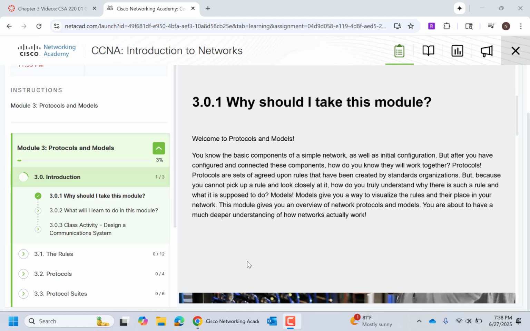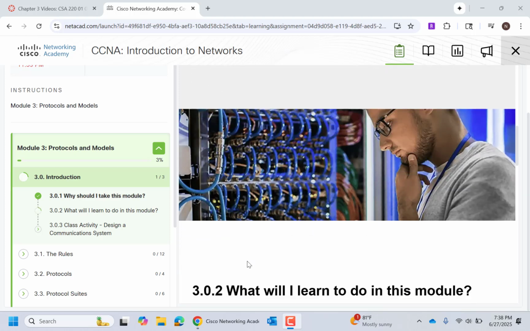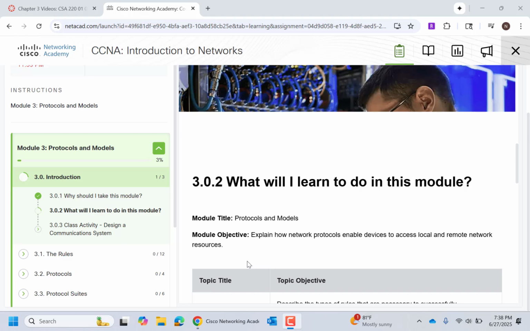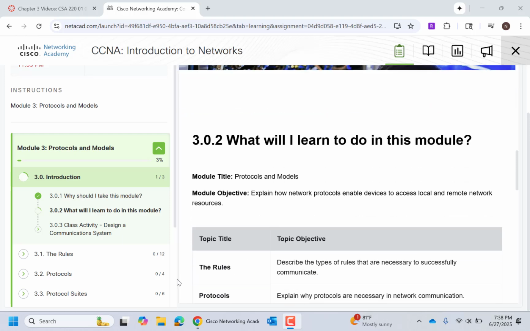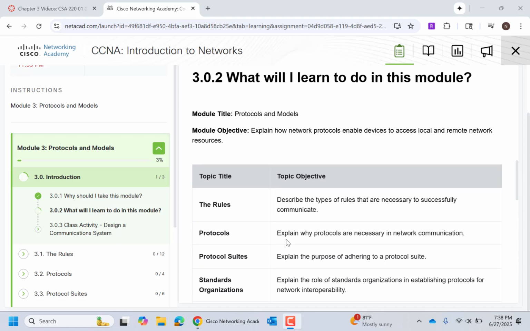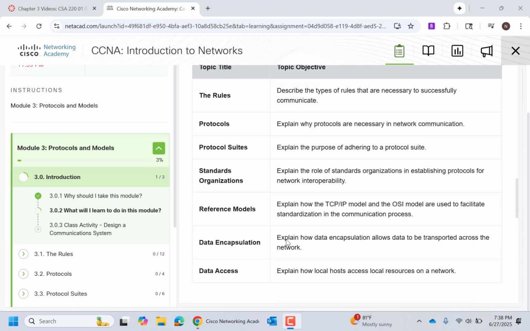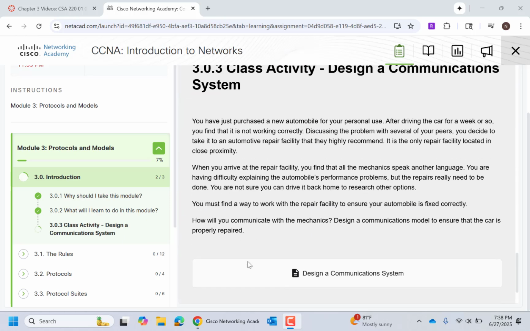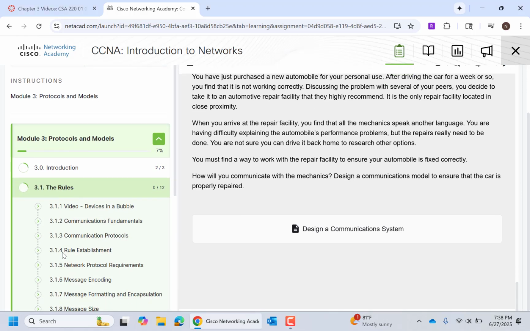This is a rather large chapter, and it sort of lays the foundation for the rest of the course, because the rest of the course follows the OSI model, which is a topic which I'll get into a little bit in this video. So a wide variety of topics here. I'm going to try to briefly go through these. Again, I would highly recommend that you read through these on your own.